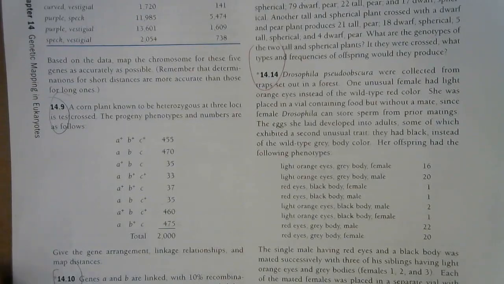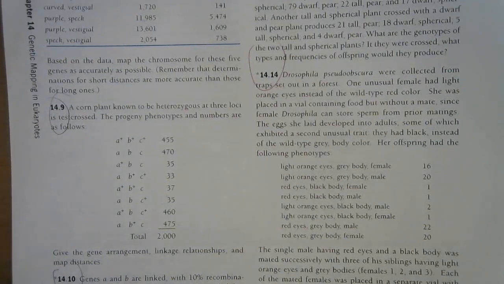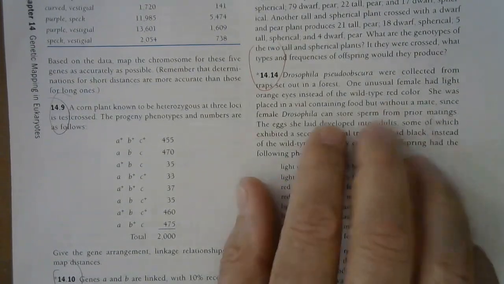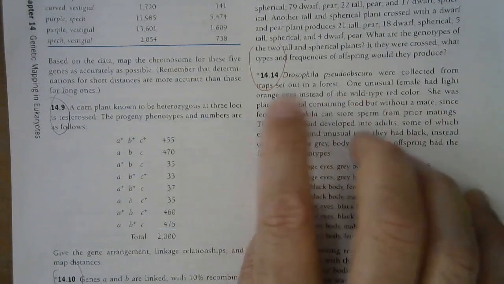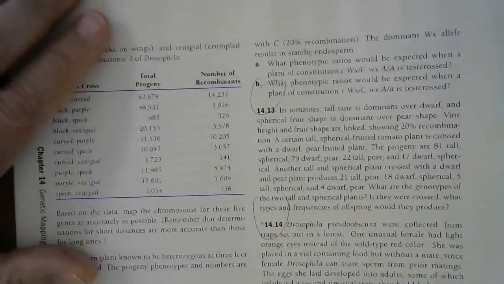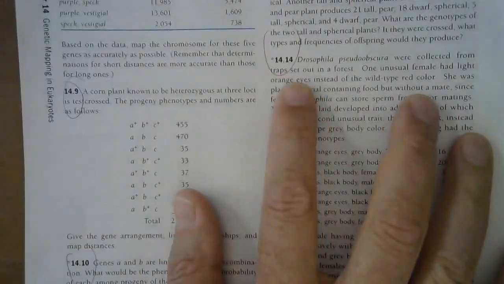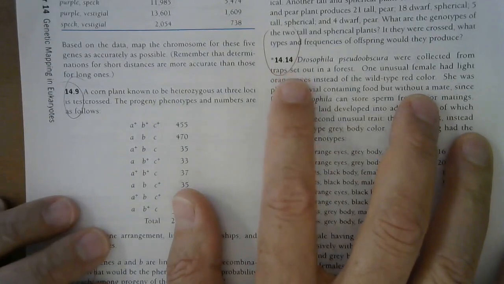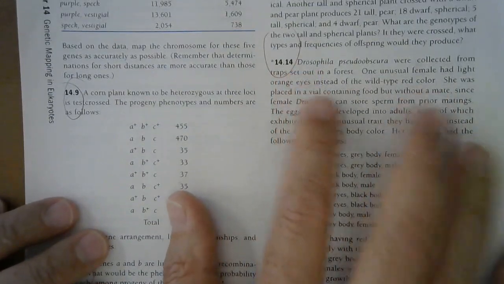So it's a wild organism. It's known to have a lot of genetic diversity. It's North American. One unusual female had light orange eyes instead of the wild type red color. So you've seen this in the lab, the red color. And when we see an eye phenotype, the things that come to mind are what kind of mutations and what kind of genes would do that. And one can imagine